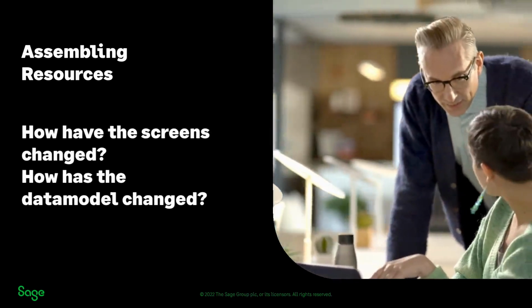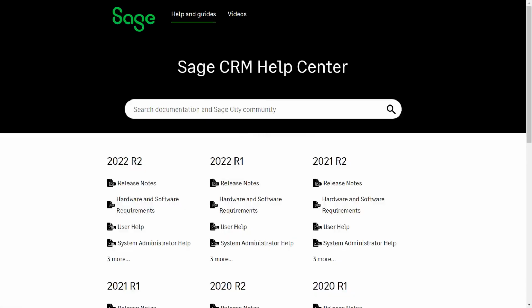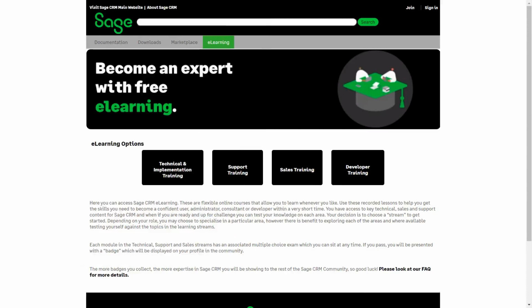Now, Sage CRM does, within the Help Center, provide some documentation around the way in which implementation takes place and some guidance on the types of documents that you should be holding. And there are actually some resources as well up on the community, where we've got partner documentation that can be